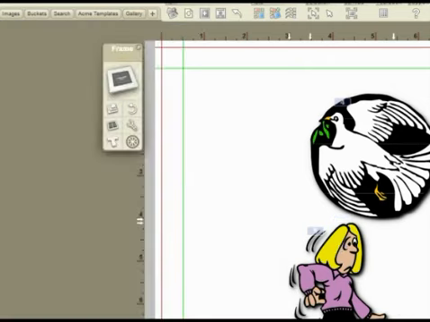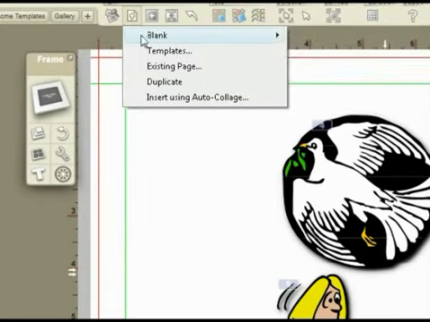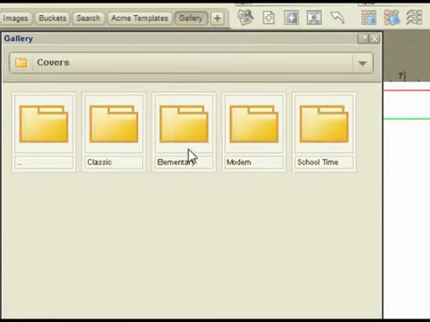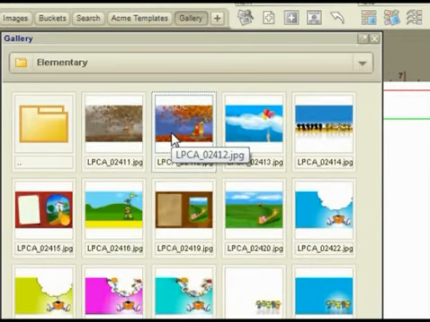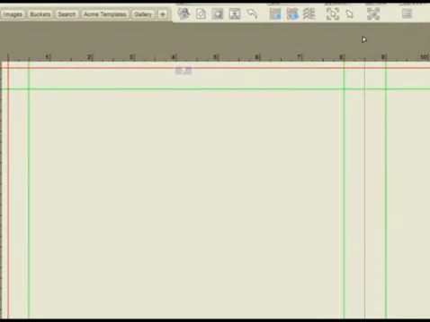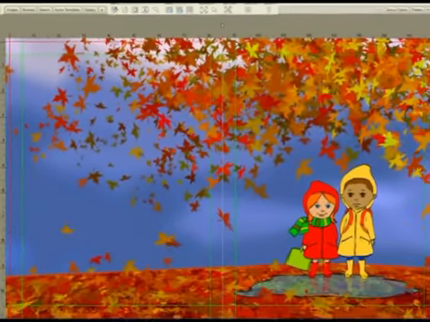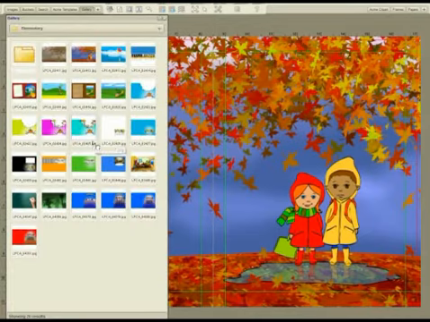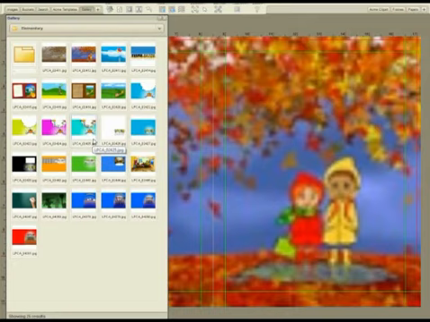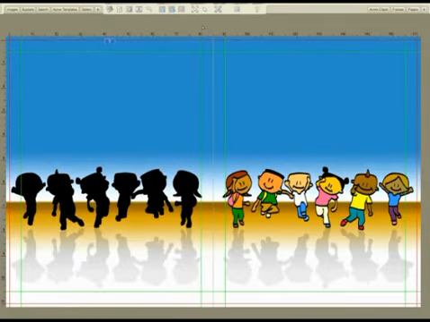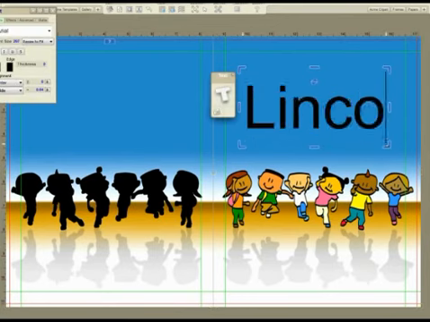Of course, they need to be applied to a cover page, and so I'll create a new blank cover sheet, and then back in the gallery I'll choose, let's say in the elementary section, let's go with this one. I'll just drag it and drop it to the outside, and it will be downloaded and applied to the background of the entire page. And if you want to try a different one out, then just let's go with this one, drag and drop it, and it will be applied as the background. And then you're free to add, for example, the school name like this,